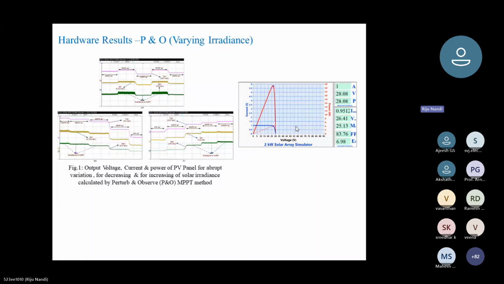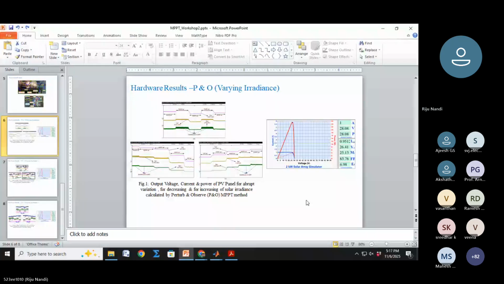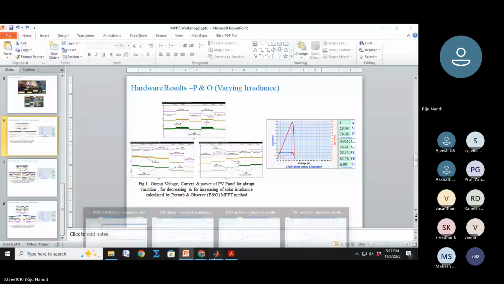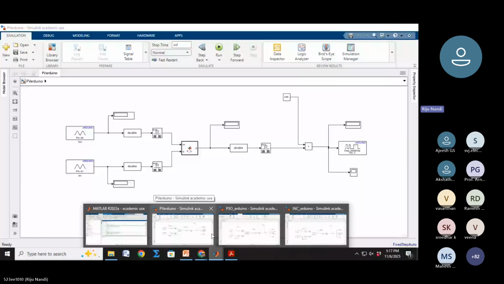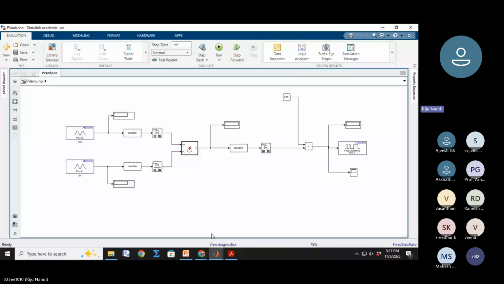So you can see. So you can. You can see acha, is it visible that simulation? Hello. Yeah, it's visible. Oh, you can see that